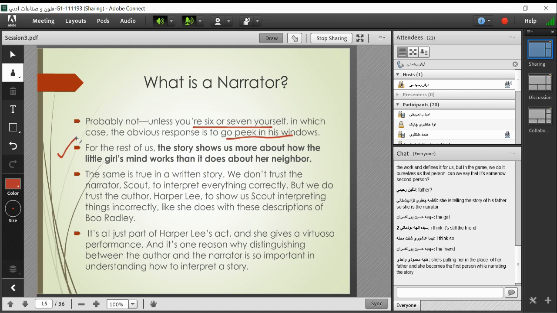So you always have to be concerned with what the narrator tells you, but also what that information tells you about the mind of the narrator. Because